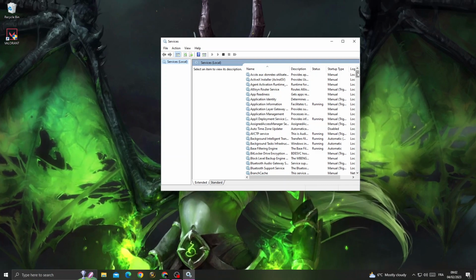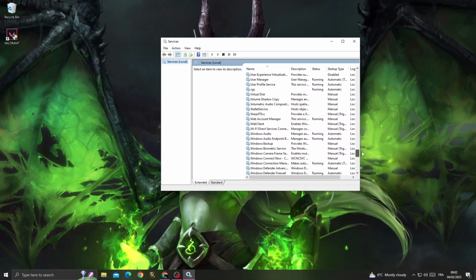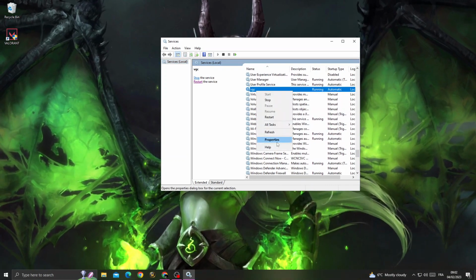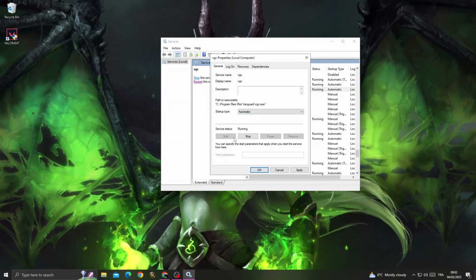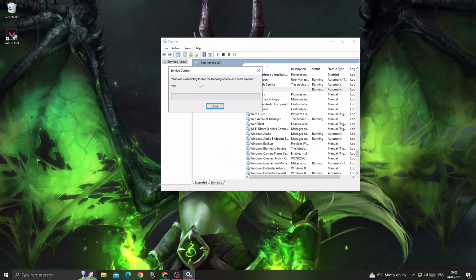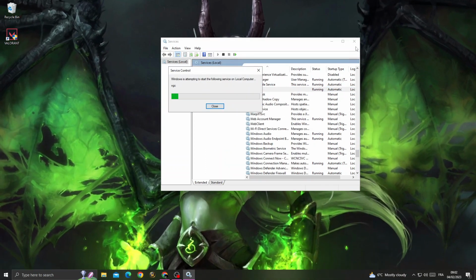Now scroll down until you find VGC. Here it is. Right click on it, Properties, click here, select Automatic, and click Start. If you can't click Start, just go back and click Restart here. Now after that, all you need to do is just